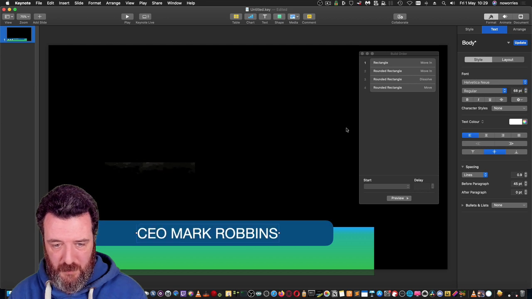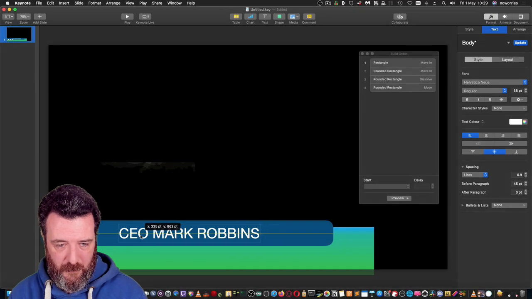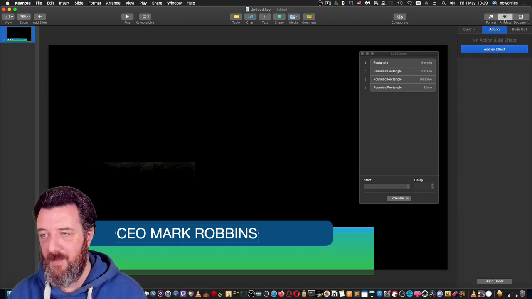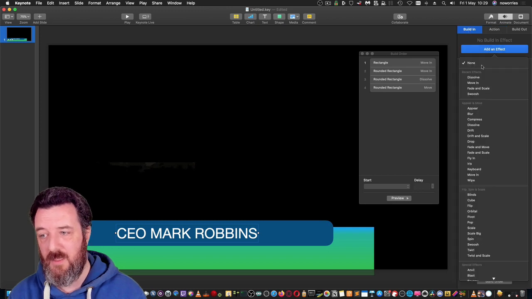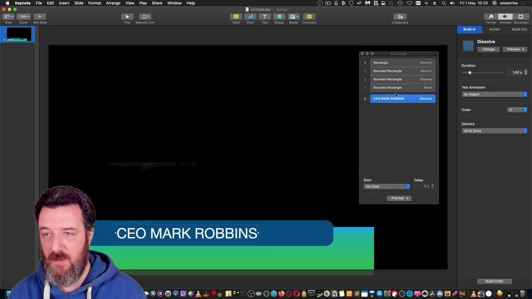Let's do scale like that, and I need to see where the text lies actually. So I'm going to put this across, and then with this I can do animate again, add an effect, and we don't want to do action, we want to do build in, and I want to do a dissolve like that, and I want to do that after build like that. If I click on play,